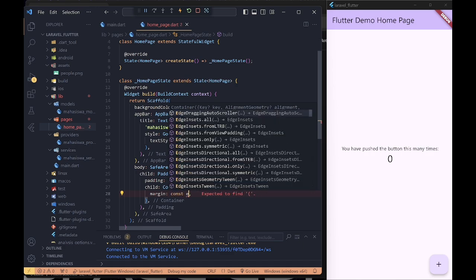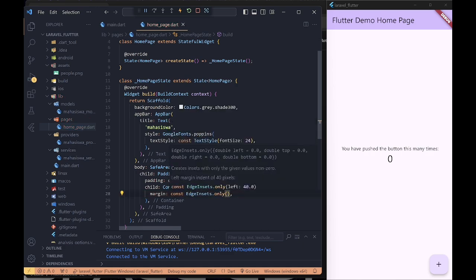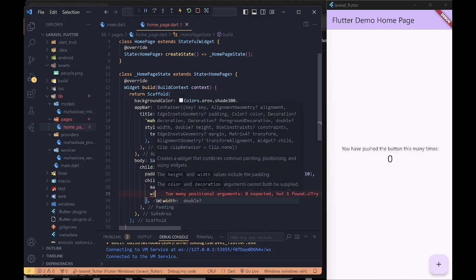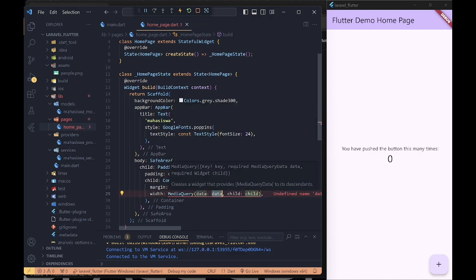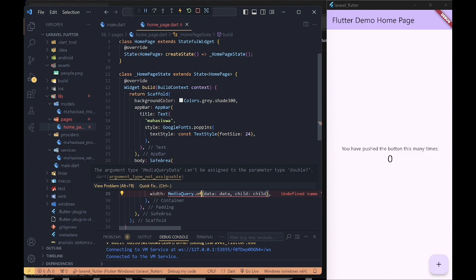And I add a margin, a margin bottom, and I use MediaQuery of context.